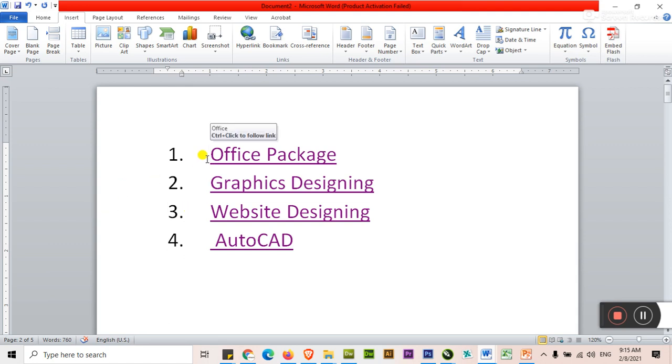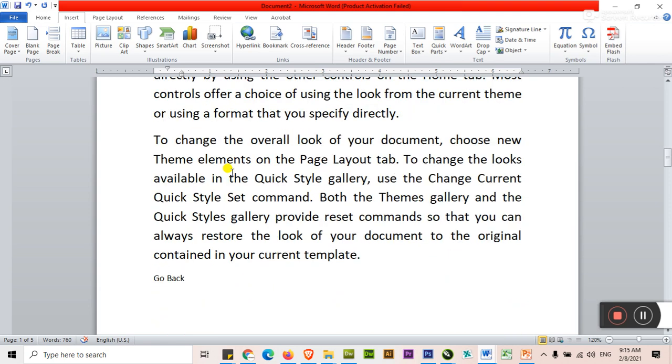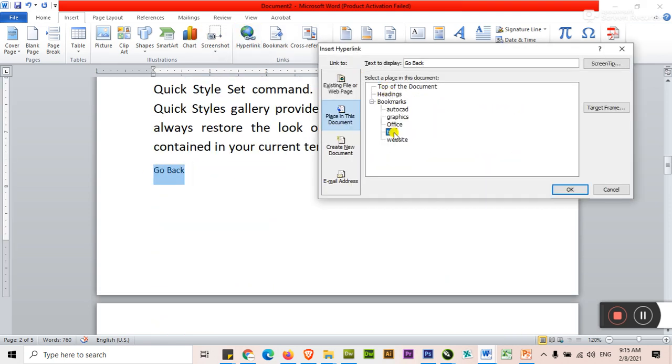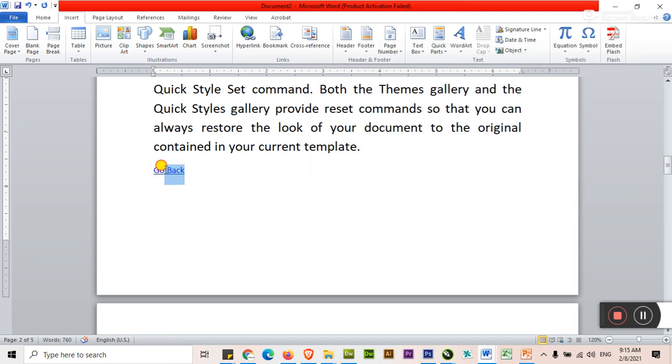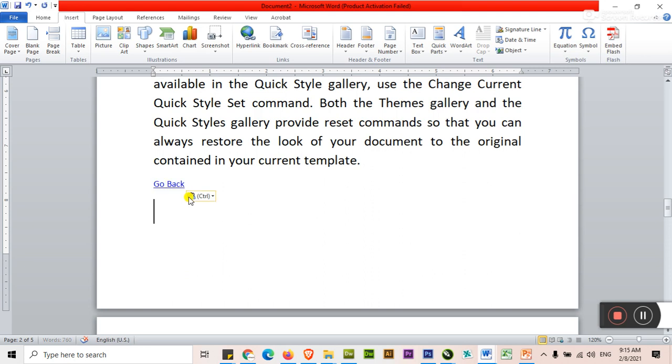It will be typed at the end of every page. Keep your cursor at the beginning of the document on the first page. Click here, bookmark, it is top. Add. Select Go Back, hyperlink, top. Now select this Go Back and copy this text or hyperlink to all the pages.